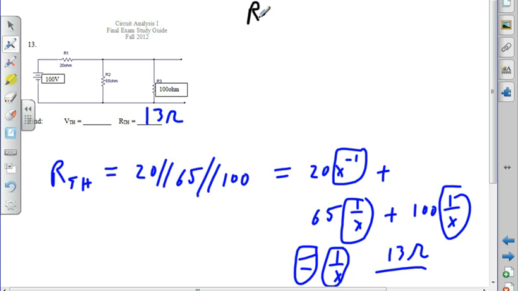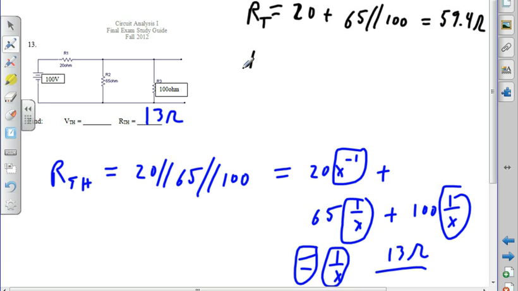So now I need the resistance looking from the battery, so that total resistance is going to be 20 plus 65 in parallel with 100. Okay, so 65, 1 over x, plus 100, 1 over x, equals 1 over x, plus 20. 59.4 ohms. So current total,